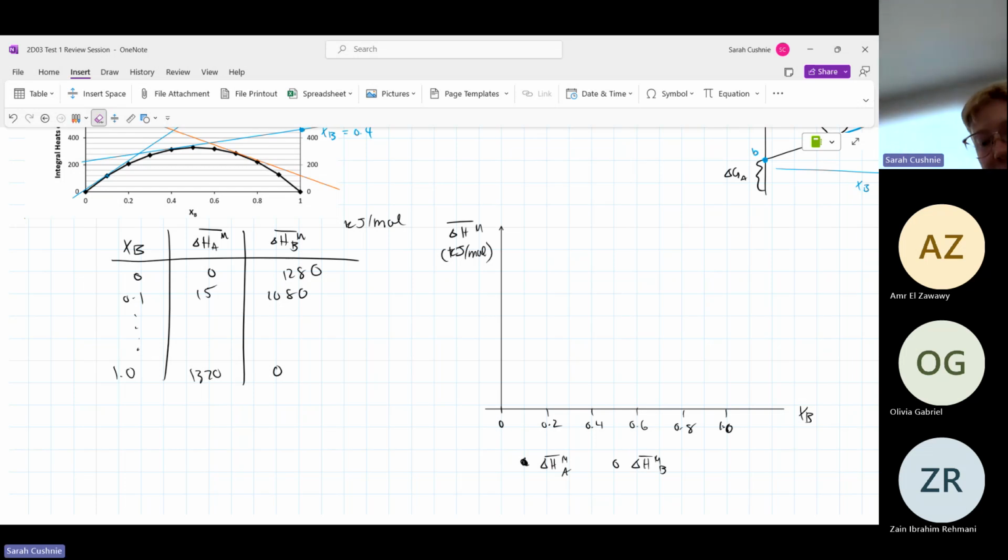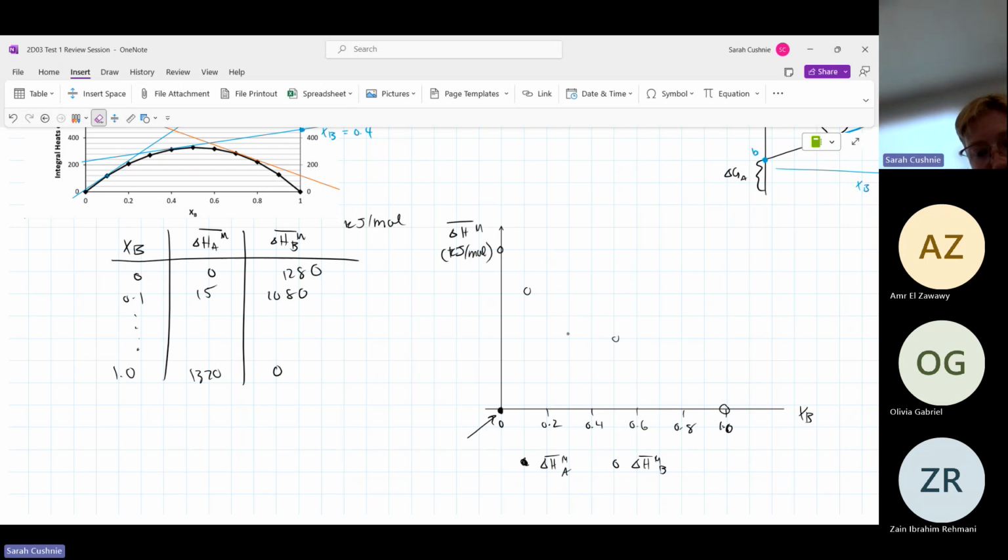You can kind of think of it like as you add more and more B to the system, mixing that B around isn't going to change the enthalpy that much, right? So it's actually going to go down as we reach 1 xB, a fully B solution. You're not going to have any change in enthalpy by mixing it up a little bit. By adding any more B, you're not going to get any difference. The same thing could be said for A. So here when we have 0 xB, this is fully A, so we're going to have it equal to 0. And then the plot looked something like this.